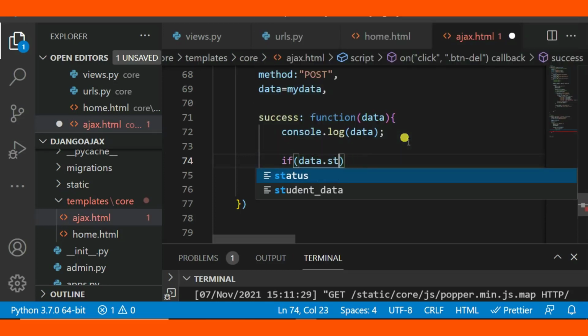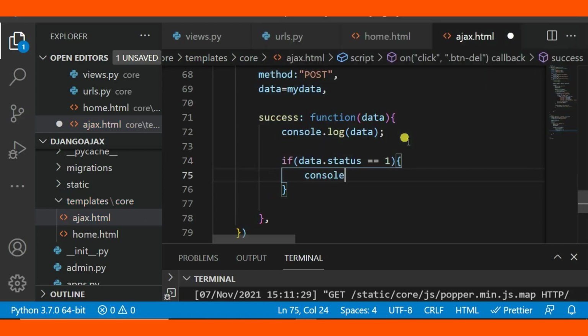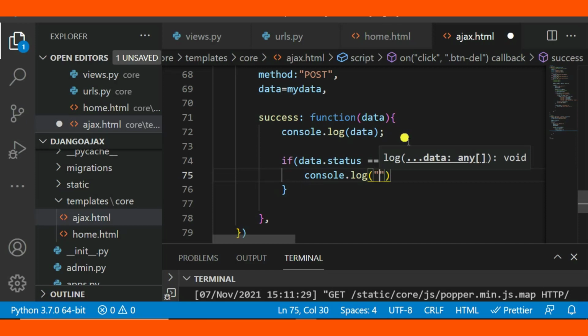if data.status is equal to 1, then do the following. Yes, just console.log, "Data deleted." Data deleted. Okay, then